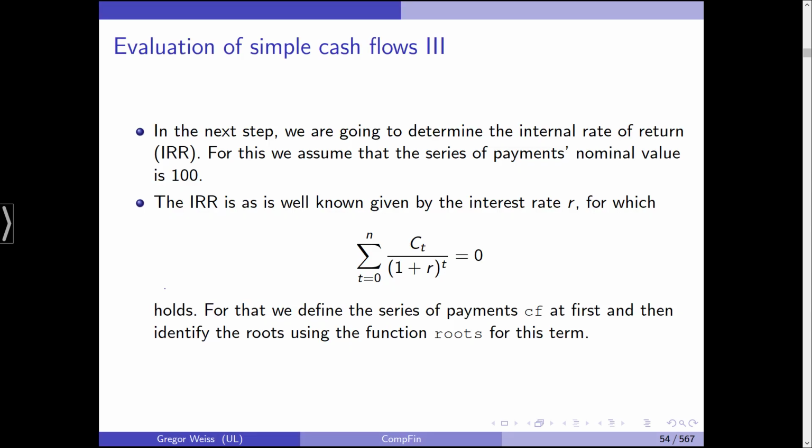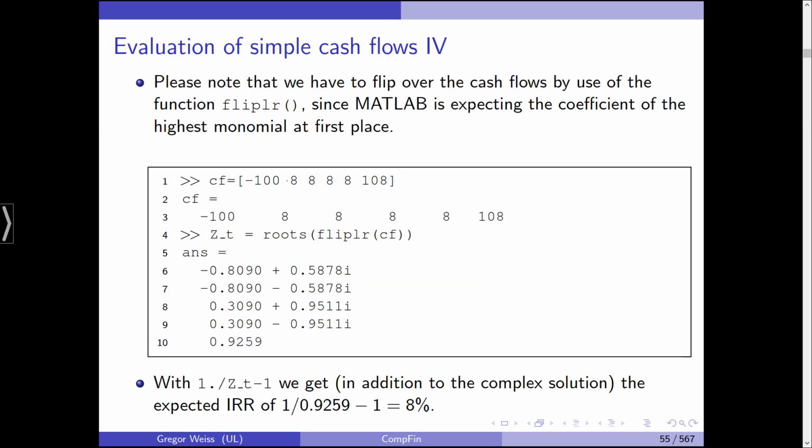Now in the next step, we are going to determine the internal rate of return. For this, we assume that the series of payments nominal value is 100, and as you probably remember from your Finance 101 class, the internal rate of return is given as this sum of the discounted cash flows set equal to 0, and then we'll have to solve for r. Now this is a higher order polynomial, so that's why we're using the function roots here. So let's assume minus 100,